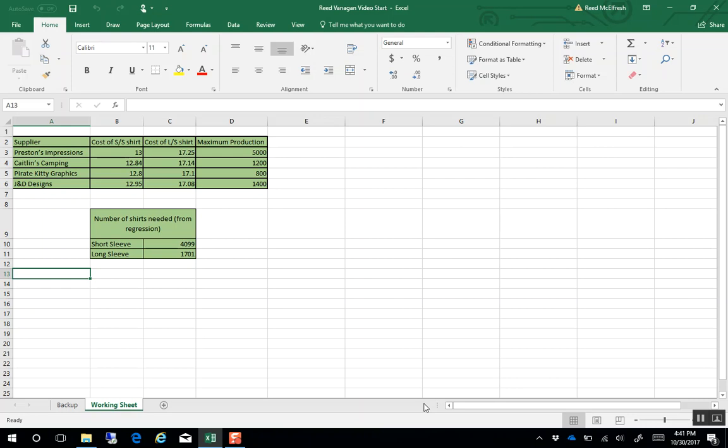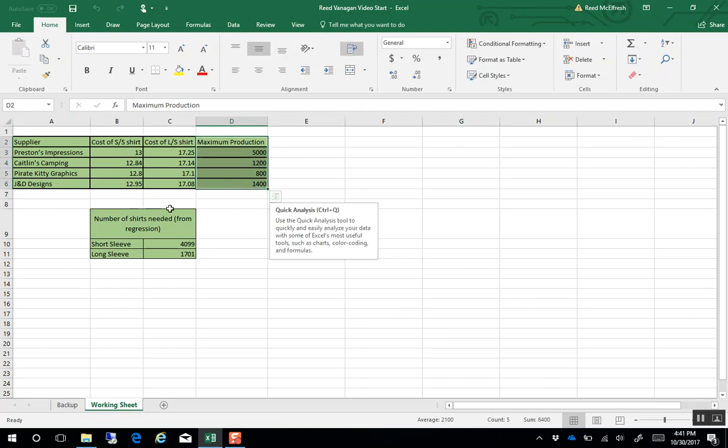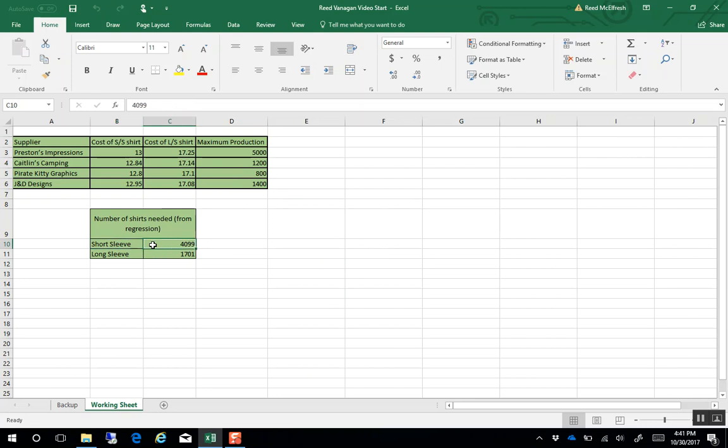So what I've done to start is put in all the information that we were given in the assignment. The suppliers, the cost of short and long sleeve shirts, and the maximum production that they can do. From the regression that we did, I've pulled in the number of short sleeve shirts that we need and the number of long sleeve shirts that we need. So now I'm going to build our tables that we'll need to use for